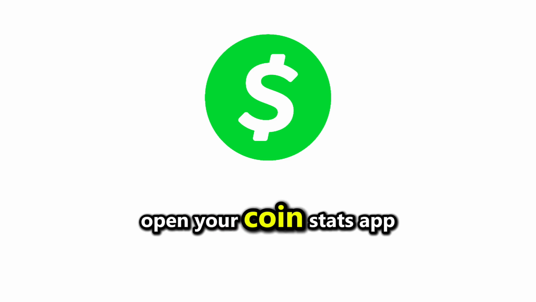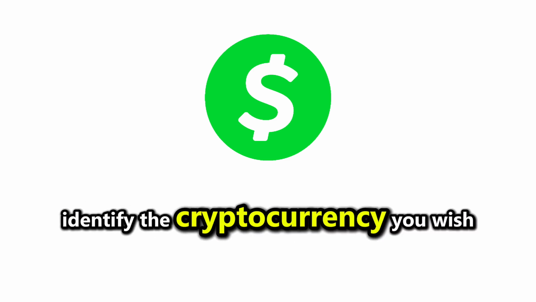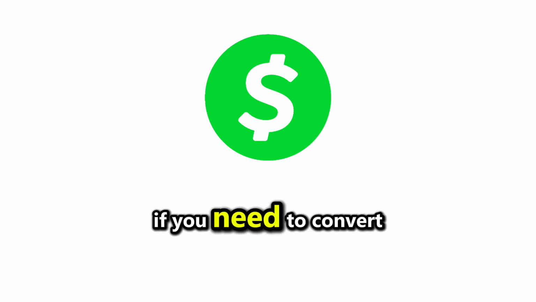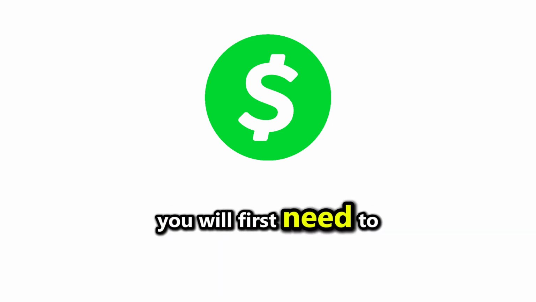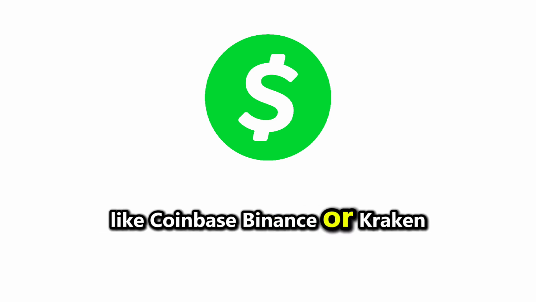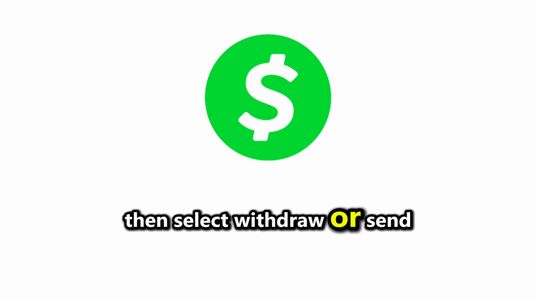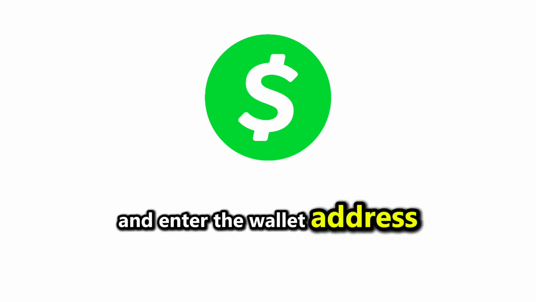First, open your Coinstats app and navigate to your portfolio. Identify the cryptocurrency you wish to transfer. If you need to convert it to cash, you will first need to withdraw it to a cryptocurrency exchange like Coinbase, Binance, or Kraken. Tap on the cryptocurrency, then select Withdraw or Send, and enter the wallet address of the